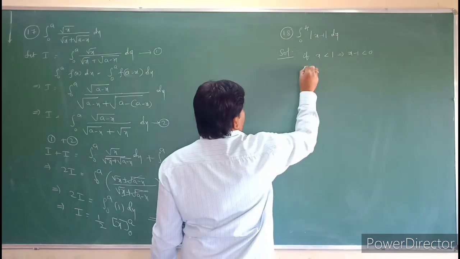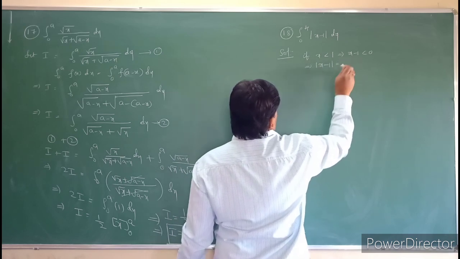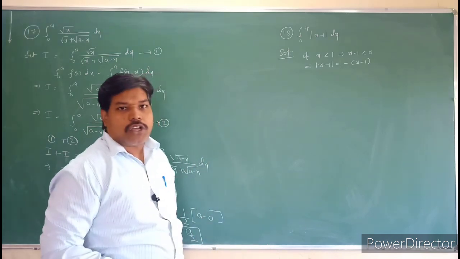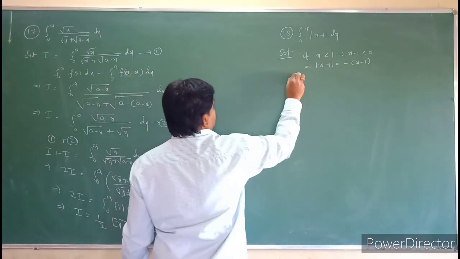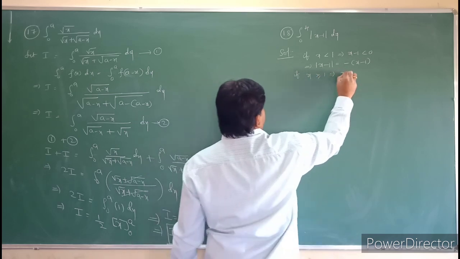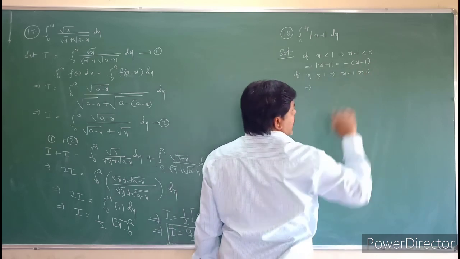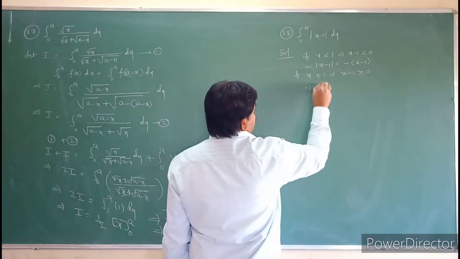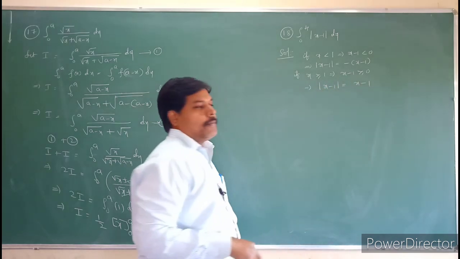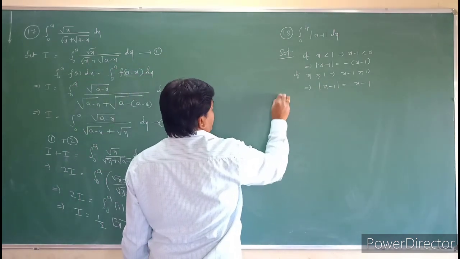If x value is less than 1, then x minus 1 is negative. Yes or no? So that implies mod x minus 1 is equal to minus of x minus 1. If x value is greater than or equal to 1, in this case x minus 1 is greater than or equal to 0. Then mod x minus 1 will become x minus 1 only. So then the problem will become, therefore, let I is equal to